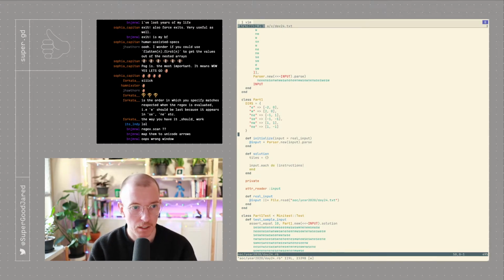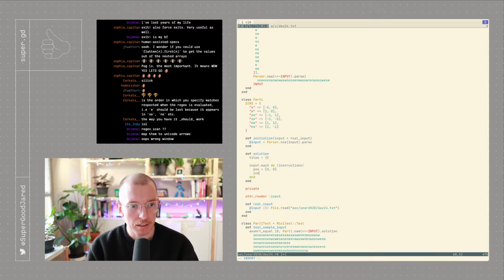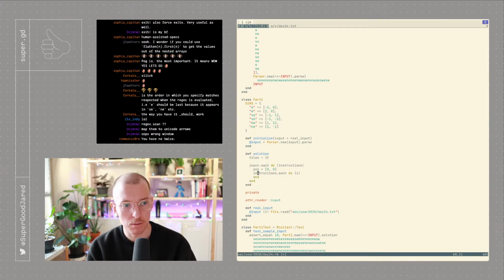So now we can look up the instructions pretty easily. So we'll say our initial position is going to be 0, 0, right? And then loop over our instructions, and for each instruction we will